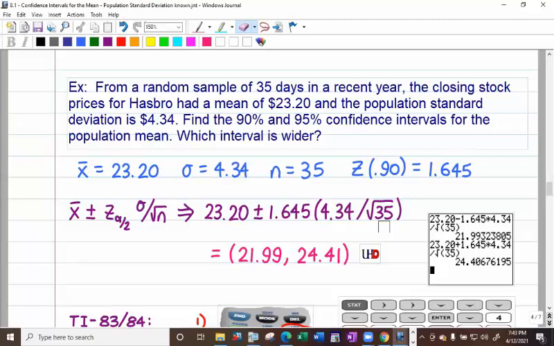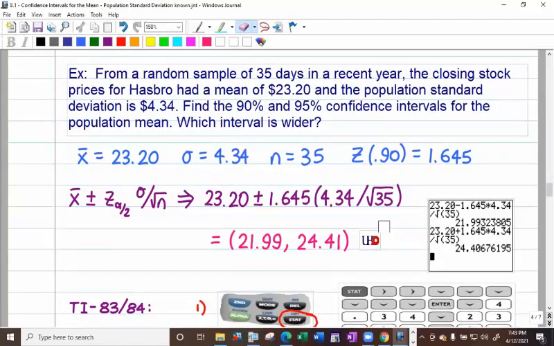And you get an interval of 21.99 to 24.41. So what that's saying is the average stock price, closing price for Hasbro for the year, there's a 90% chance it's between 21.99 and 24.41. Which I guess in this kind of situation, you could probably collect all of that data pretty easily, but let's just pretend like it would be difficult, but I don't think it'd be that difficult. But hypothetically, let's just say,